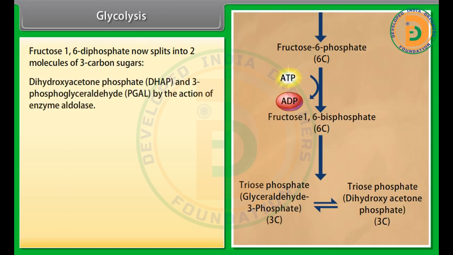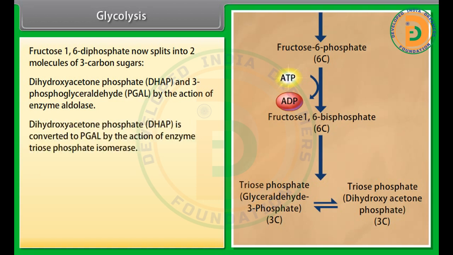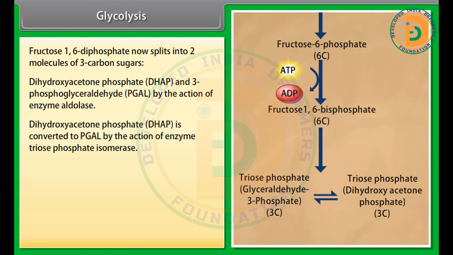dihydroxyacetone phosphate DHAP and 3-phosphoglyceraldehyde PGAL by the action of enzyme aldolase. Dihydroxyacetone phosphate DHAP is converted to PGAL by the action of enzyme triose phosphate isomerase. Now